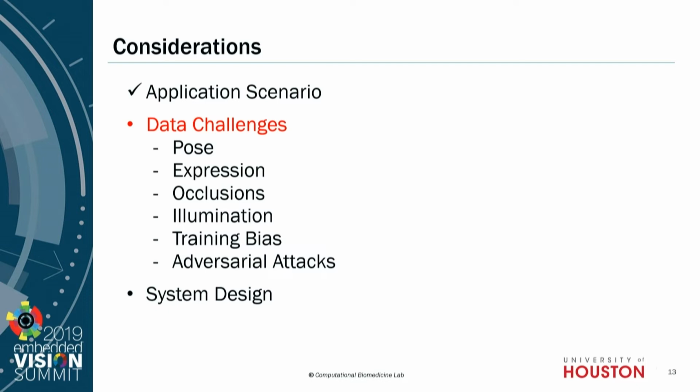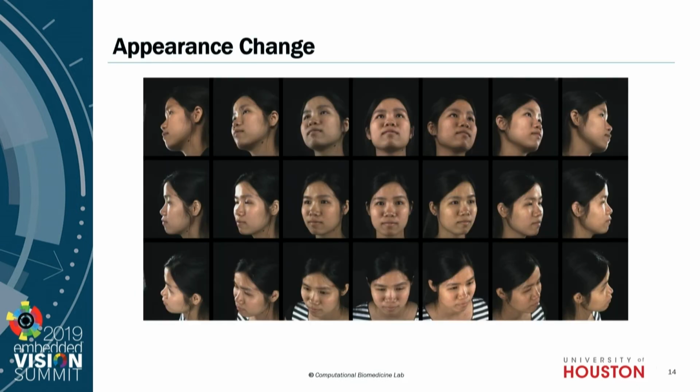And is this an attended system or an unattended system? Do you have to worry about spoofing and adversarial attacks? But let's see these things one thing at a time. The most important item is understanding that changing the orientation of the head with respect to the sensor, of course, induces appearance